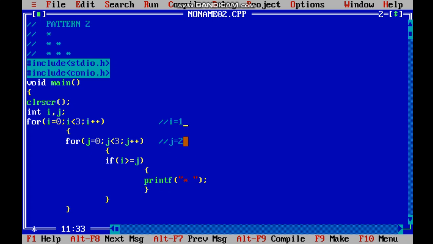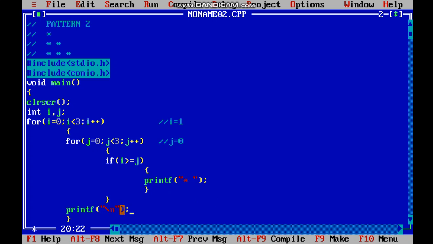Now see, for j equals to 0, now assign j equals to 0, 0 is less than 3, correct? So let us come here. i is greater than or equal to j, that means 1 is greater than or equal to 0, of course it's true. So the printf function will print, oops, see I have made a mistake. After here I need to print a printf function, printf, a new line will be there. Okay, I will tell you why I did this.